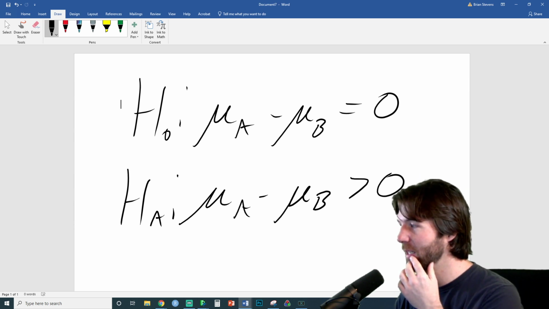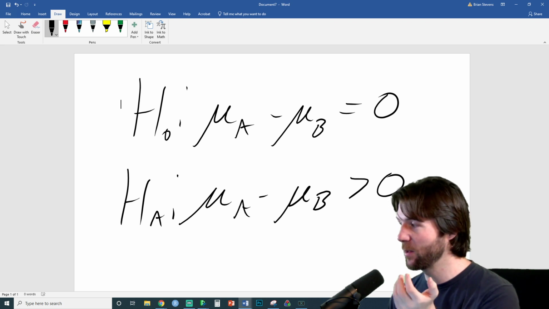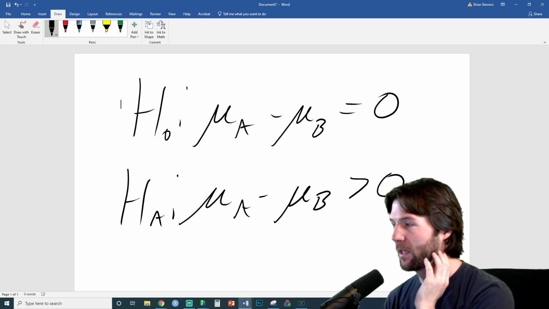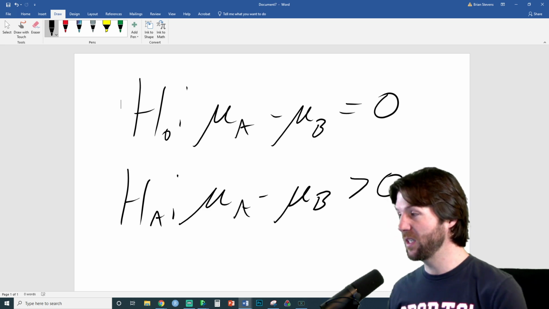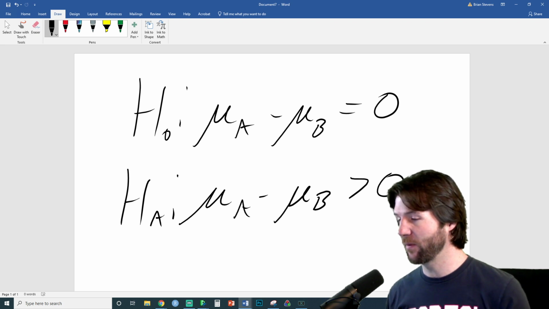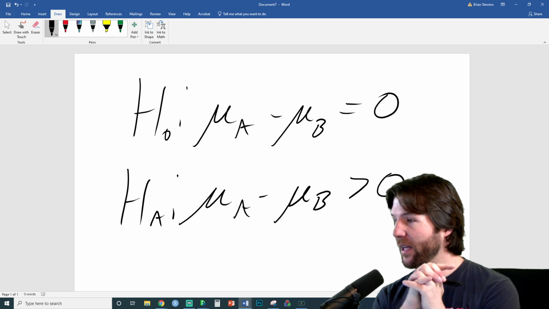So if we're testing to see which has a bigger effect size, what do you think would have a bigger effect size on your MCAT scores? Going to Kaplan or studying on your own? What would have a bigger effect size? In truth, it has a bigger difference than 0, because 0 is the null value. I'm saying that the difference between your after and your before score is 0, as in it doesn't make a difference. But which of these do you think would have a bigger effect? Kaplan, you're right. So that's what effect size is.